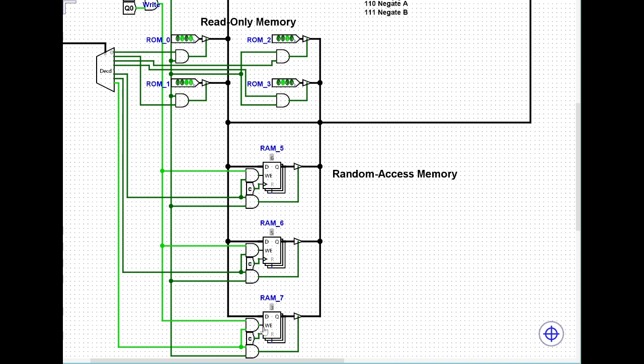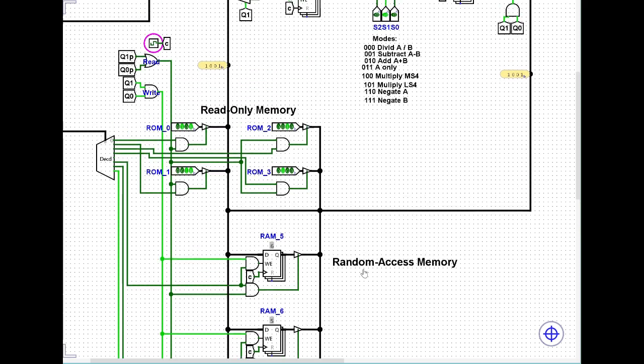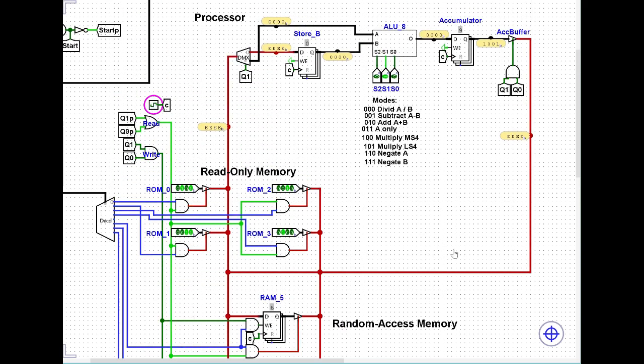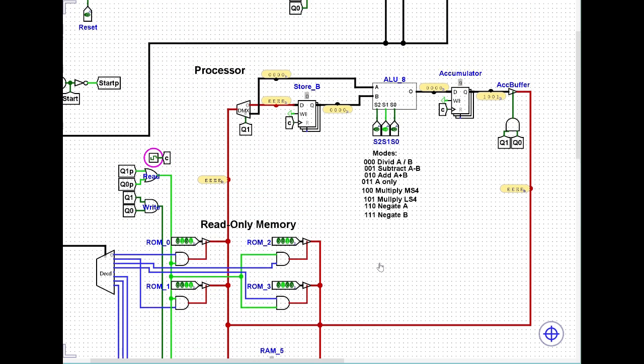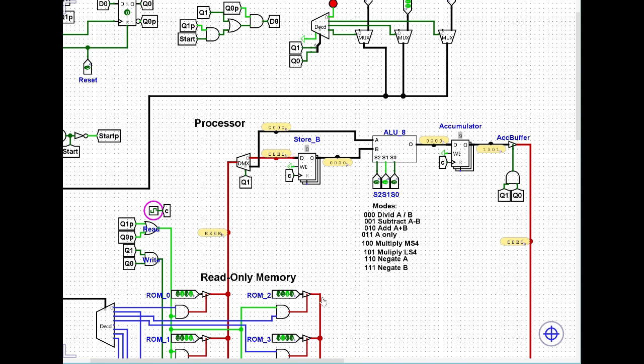Now it needs to be put into the RAM. So we're going to do another clock, and let's see if it went in. Yep, there's 9 right there. Perfect. All right. Now let's do another one. We're going to read from the one we just stored, and we're going to